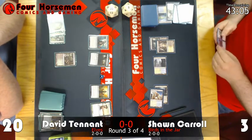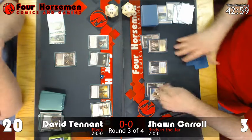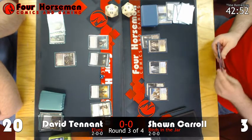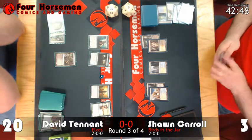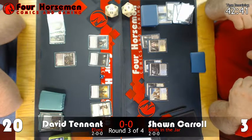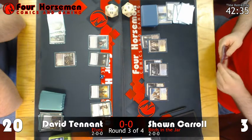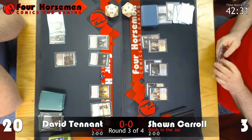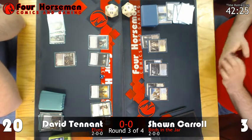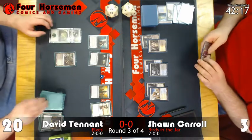So he's going to think twice. I think David just passed without attacking. That can't be right, could it? That seems wrong. A little odd. Okay, so Shawn has a fetch. Doesn't really have anything to reanimate with the Obsidian Aid. Looks like he's got an Esper Charm in hand. No, that's the opposite, I'd say. Okay. So now he can escalate the Blessed Alliance. So he can gain 4 life, he can destroy an attacking creature, and I don't remember what the last mode does, but...